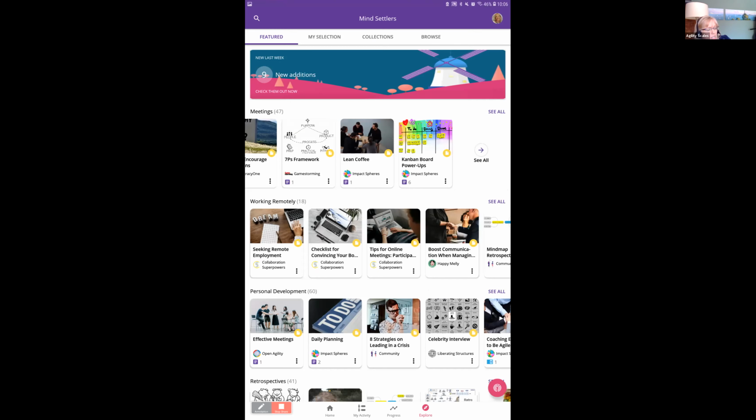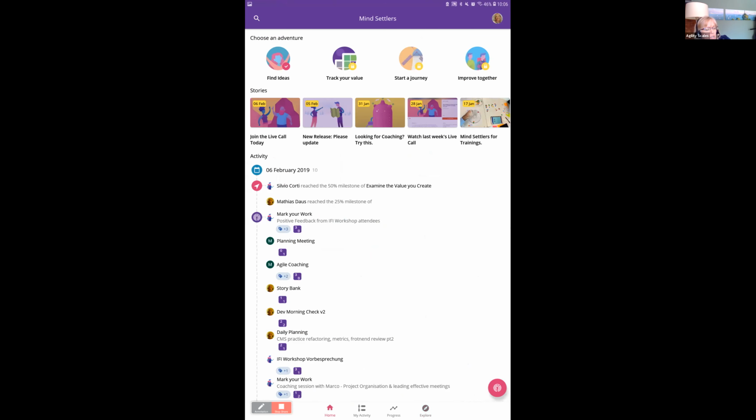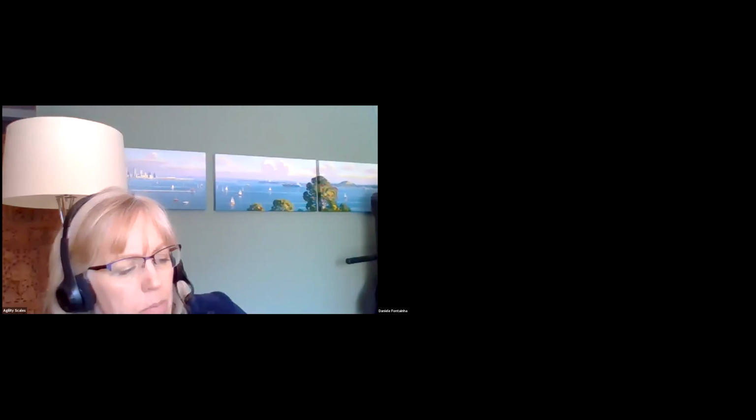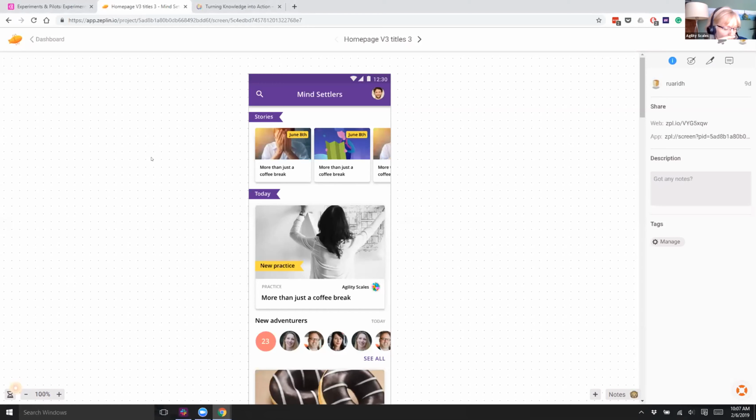Okay, so that is the new practice layout, which our goal with that is to make it easier to absorb and read things, fewer clicks between components for ideas. And I'm going to stop sharing because now I actually want to show you the next app improvement project that's happening, and that is I have a mock-up on my computer, so let me show you that. So we realized that the home screen in the app,